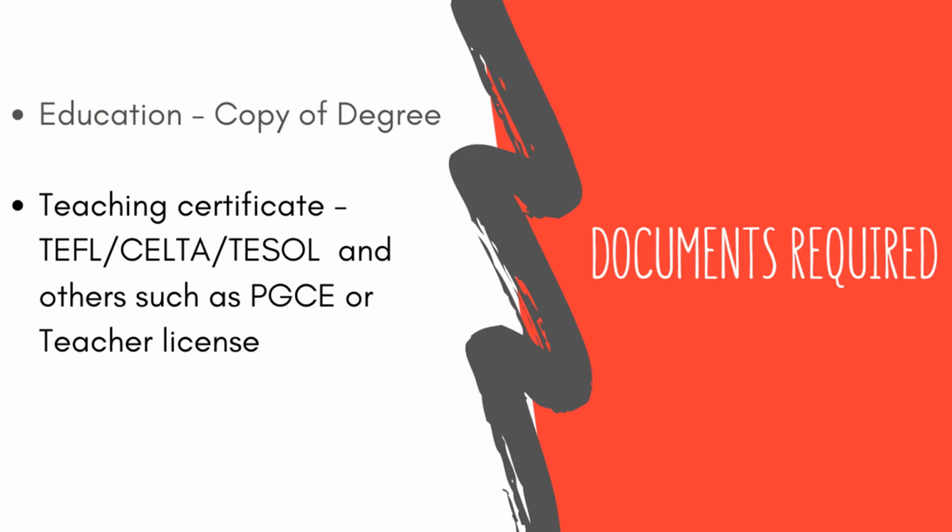When you start at Wales English, one of the key things to know is that last July there were guidelines by the Chinese government that were enforced or put into law, which means that only a fully certified ESL teacher can actually teach Chinese kids. This is why you have to have your TEFL, CELTA, Delta that you can show and